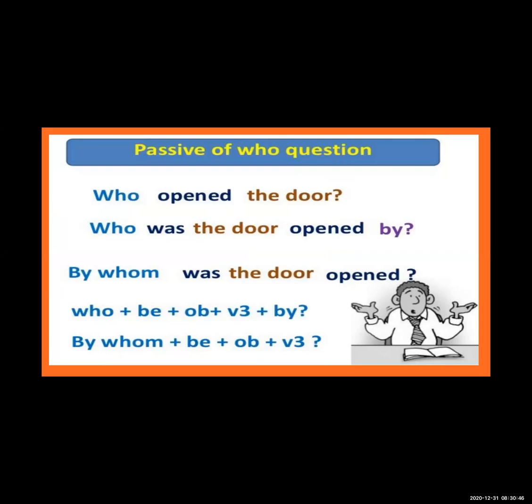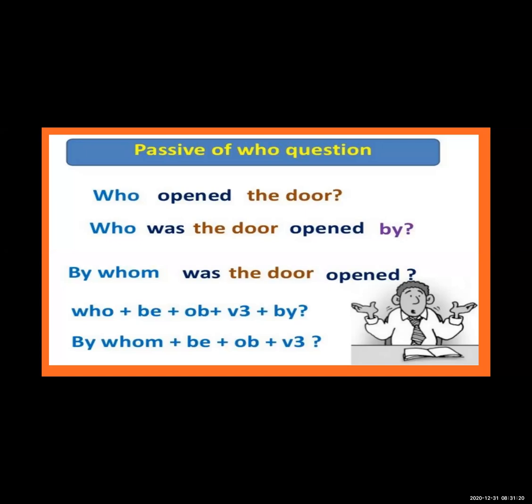Now you will keep that who as it is. First step, what you will do? You will take was. It is to be's form. I've told you what is verb, what is was or is or are. It is to be's form, so it is very necessary to take was. Then you have to take the subject, you have to take the object, the door, and then verb, that is opened, it will remain opened by. At the last you have to write by.